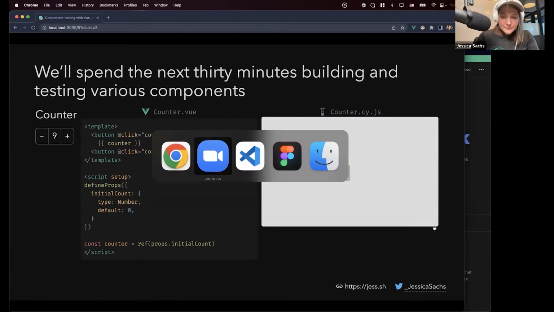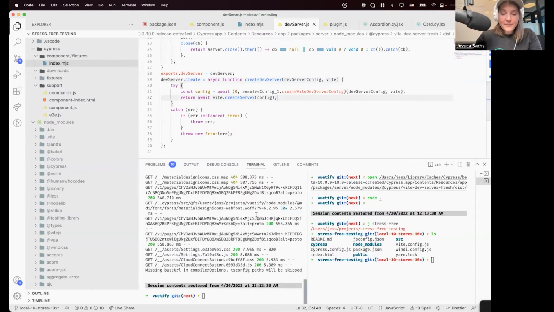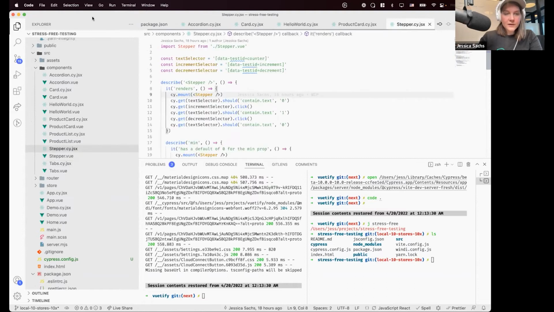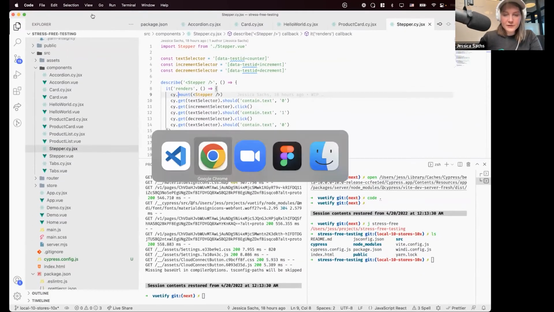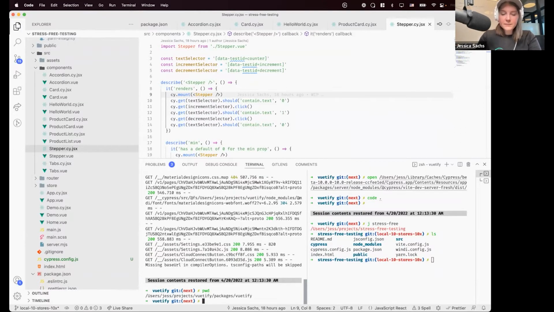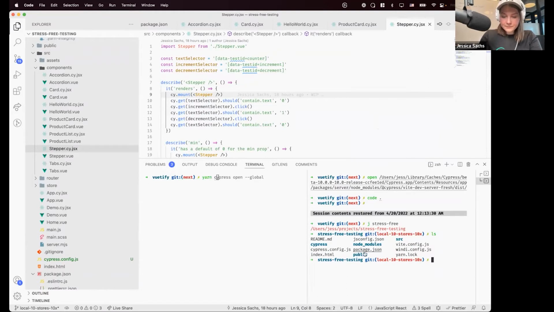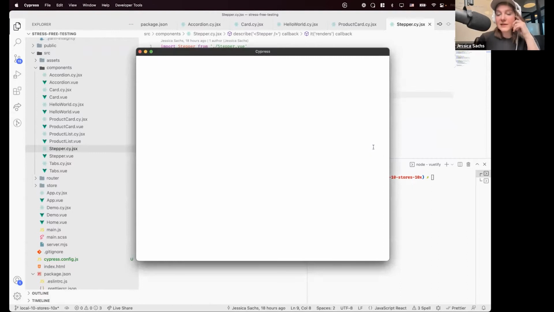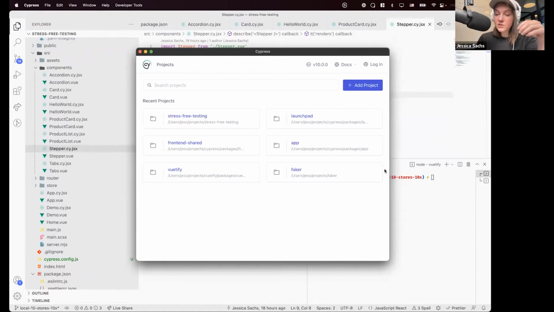All right, so it's time to do the coding and time to show you Cypress. Let us back out. We are inside of the stress-free testing repository, and it is time to open Cypress for the first time. So we're going to type in yarn Cypress open global while I look at the chat. Emily. All right. Emily says, when you test find by text, are you testing how it works with screen readers